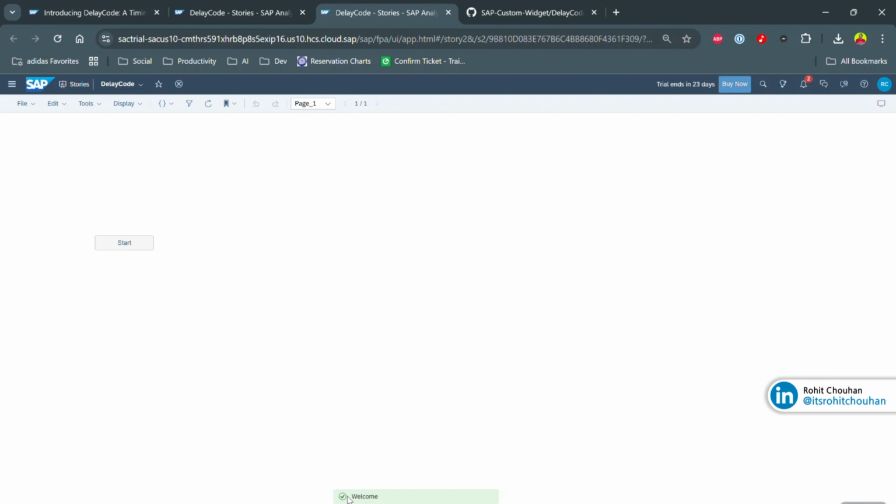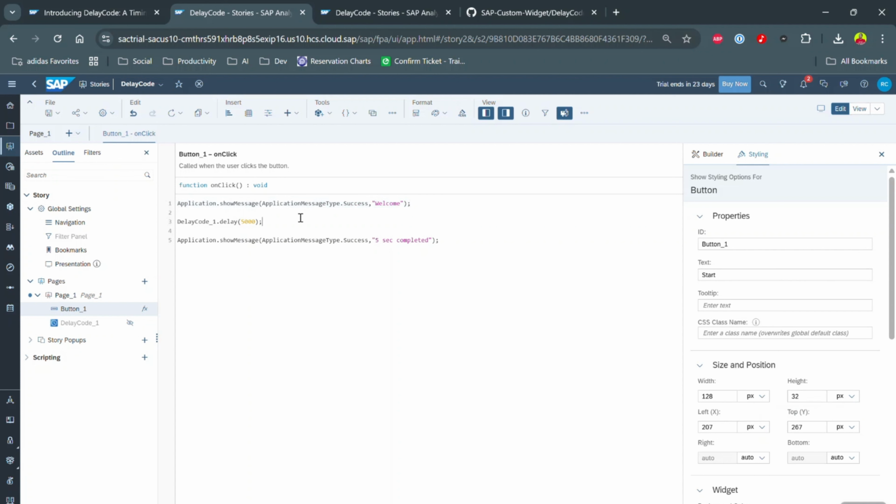So what happened when I click on this button? First this line got triggered, then this method got triggered, but it tells the code to wait for 5 seconds, then only this code will get run. Okay, so I can say this is a custom widget and just a simple functionality, but